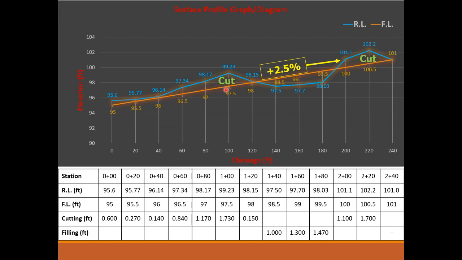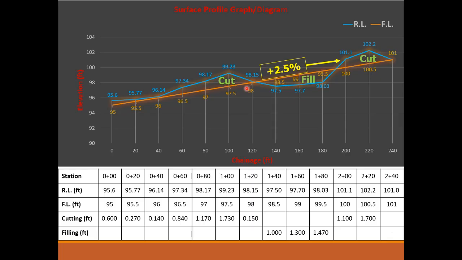Now the green text you are looking at is representing the cut and the fill portions. You can see that the portion upward from the formation line must be cut. And this is the existing ground profile below the formation line, so this must be filled with some earthen material like soil or any material you want, depending upon the nature of the project. We should fill it with any suitable material.